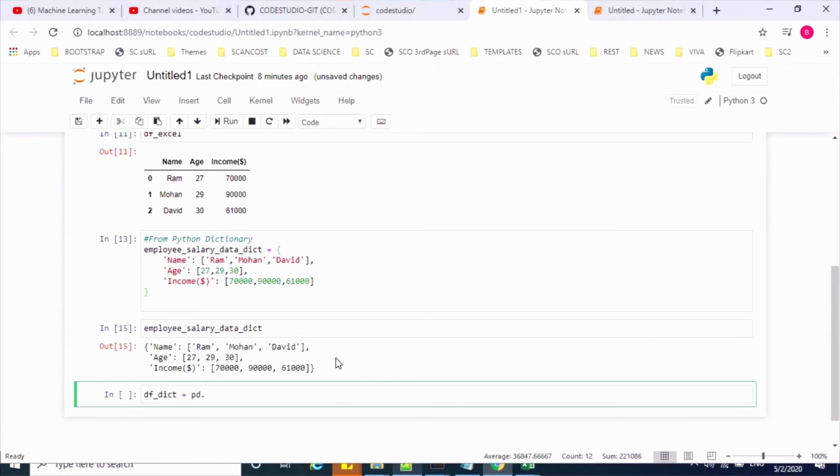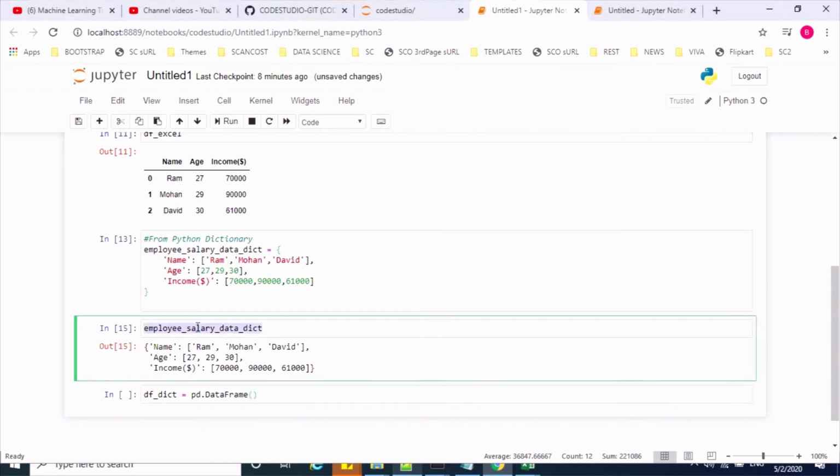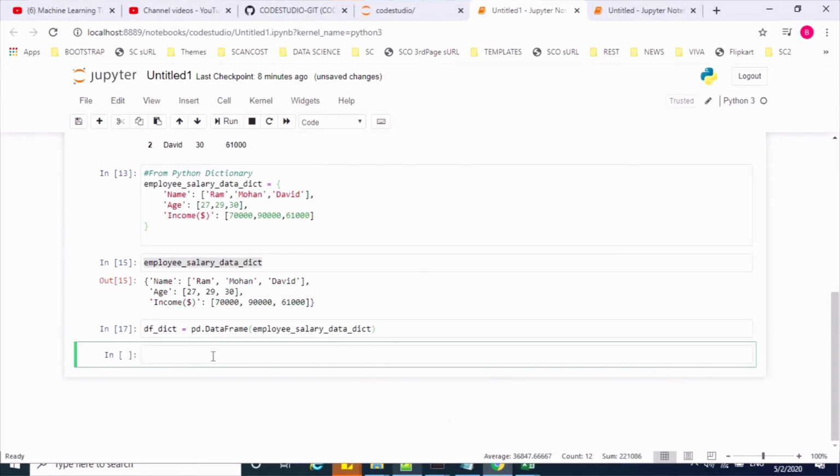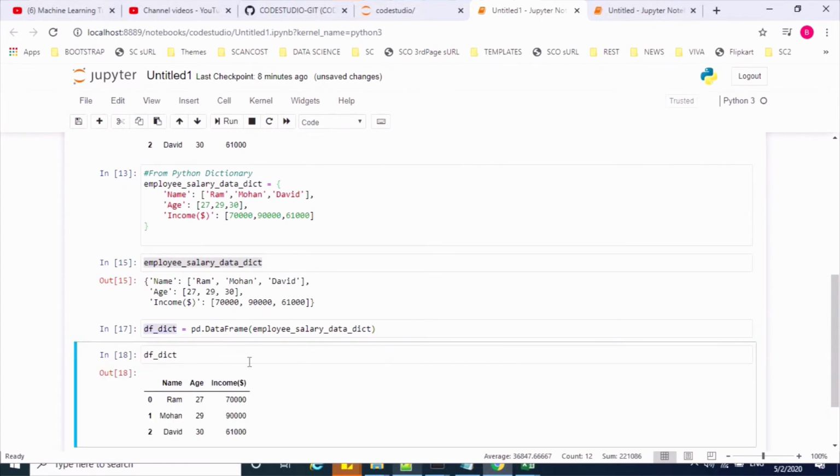For that we have a method called DataFrame, pd.DataFrame. In brackets, you have to give the dictionary variable name. I just executed it. Now let's see whether this object got created. Yes, it got created.